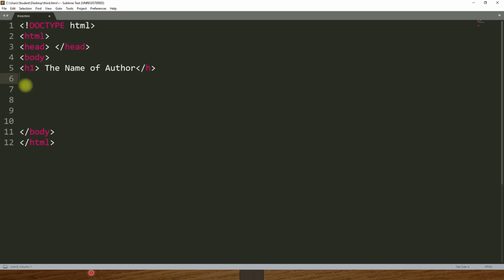We give a little information regarding that, so it should be a paragraph. I have to open the P tag. The P tag is always paired, so when I open, I have to close that as well. But inside this, I have to write about that author. I don't want to write such a